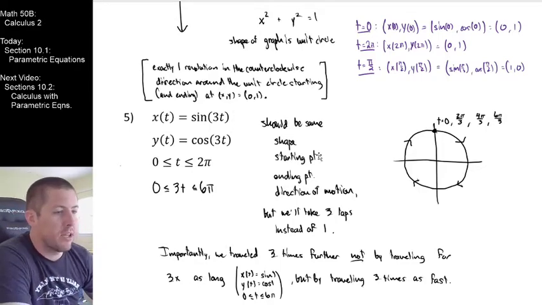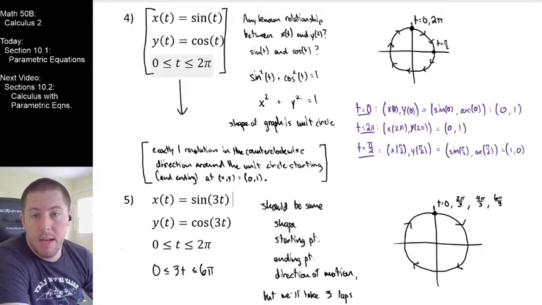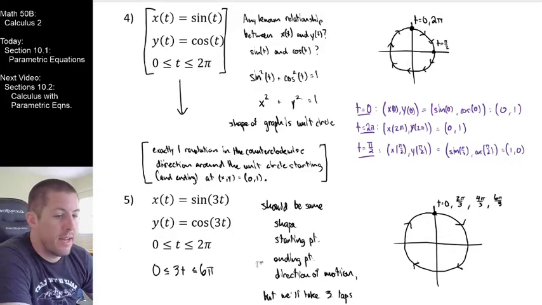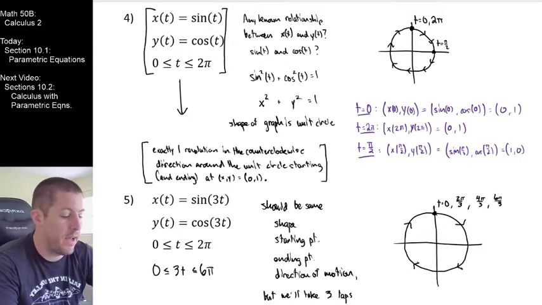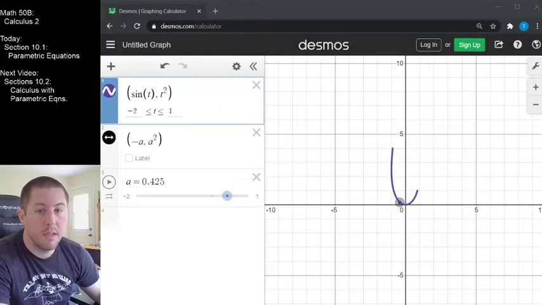So let's go ahead and take a look at comparing these in Desmos. And what I'm really going to do in Desmos is I'm going to let this 2 pi right here be 6 pi so that they're both going to take 3 laps, but you're going to see that this one's going to take us 3 laps in 1/3 of the time right here. So let's go ahead and compare these two in Desmos. So I'm going to come over here and I'm going to do my sine of t. Oop, I guess I should switch to Desmos probably, huh? Sine of t